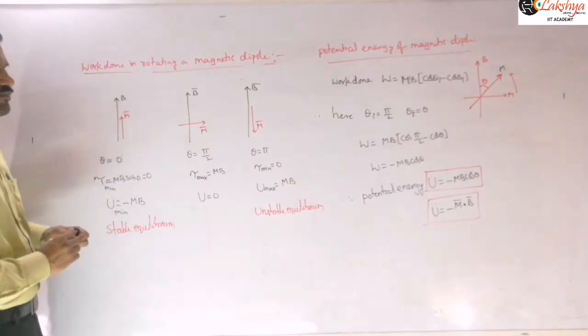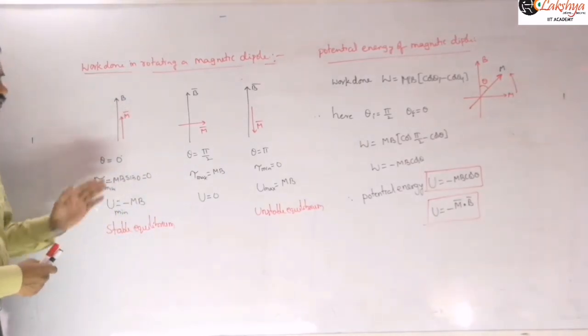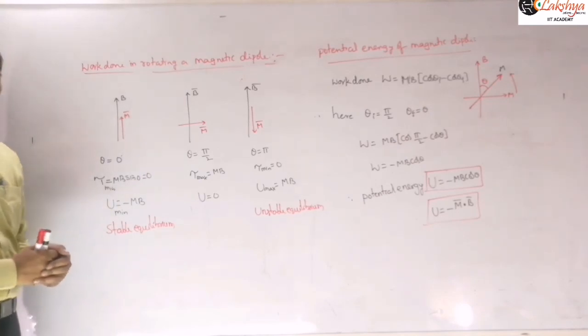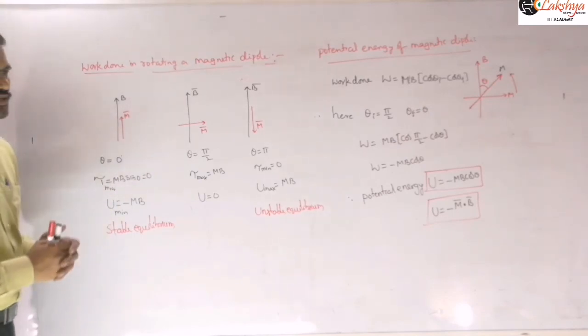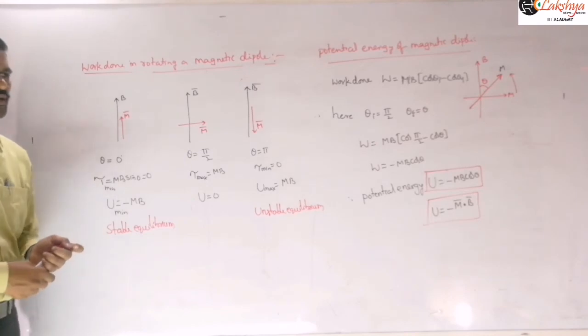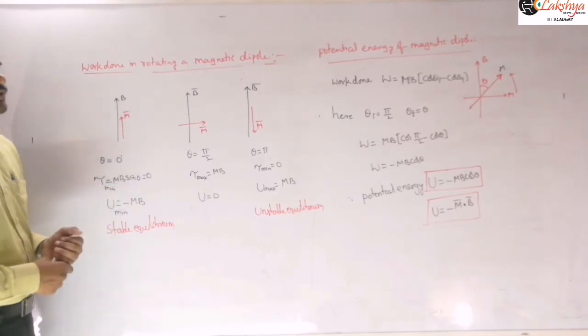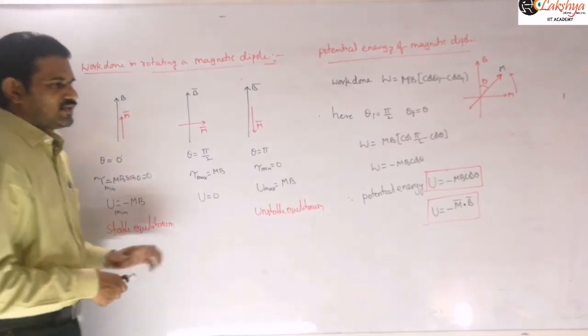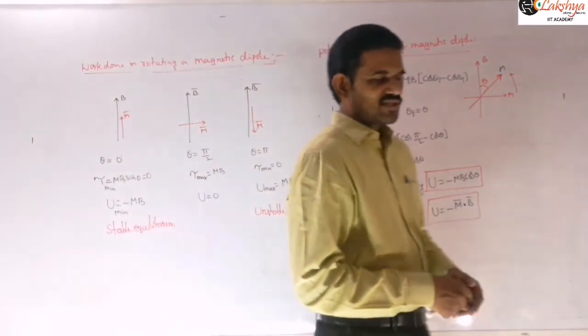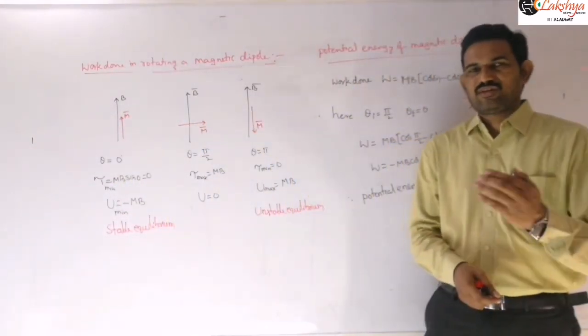So those are the maximum and minimum torques and potential energies when the dipole is placed in different positions. So that is about the magnetic dipole and the potential energy of the magnetic dipole. Related to torque and potential energy, a few problems are there that I will explain